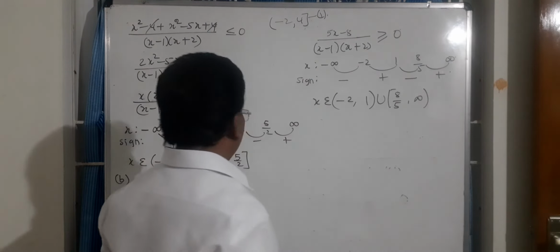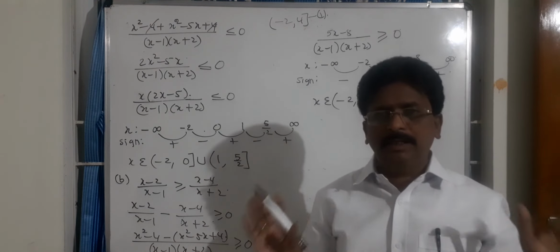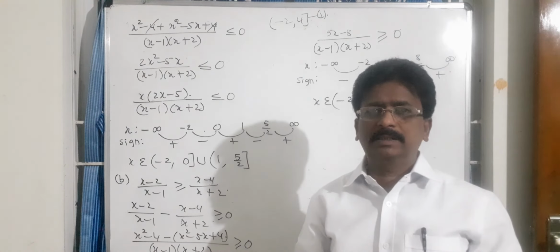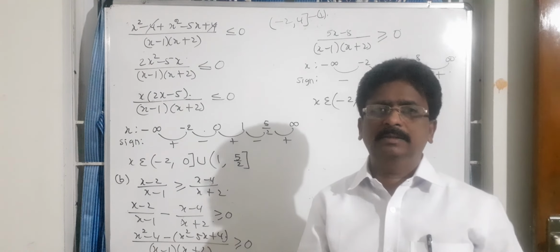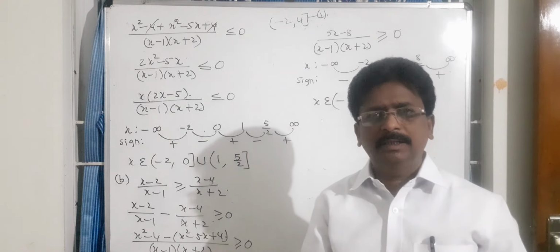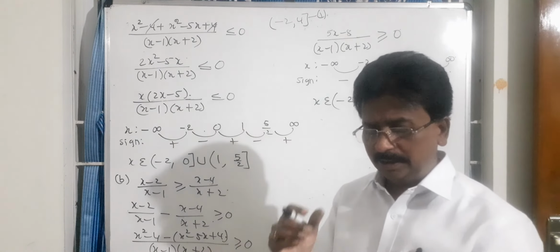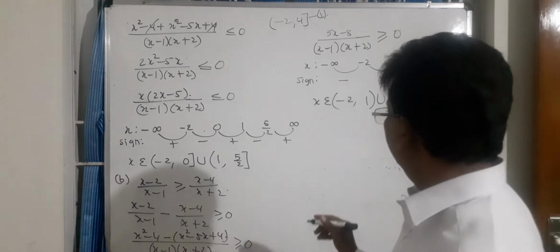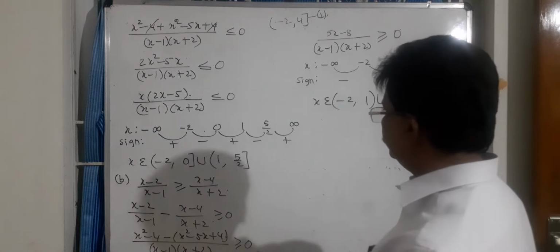Okay. We got the three varieties of solutions in the three cases. All are optional solutions, either first case or second case or third case. So we have to take the union of all these sets. Okay, first case, second case, third case, we have to take the union. So how to find the union of all these sets?